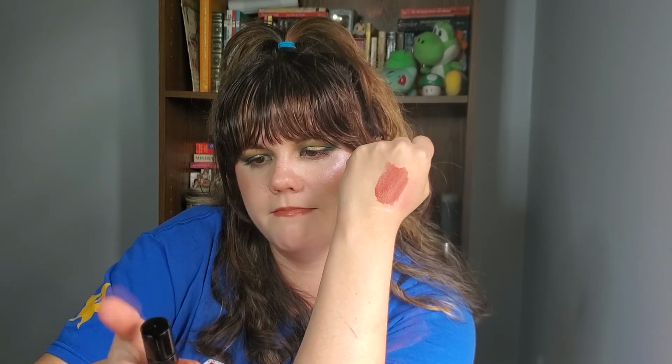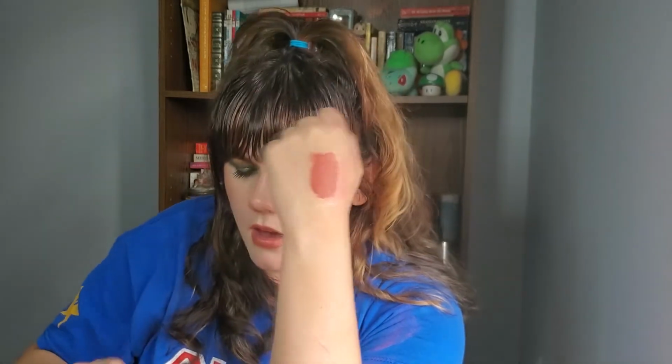And I really hope that Wet n Wild is still cruelty free. I'm going to keep my fingers crossed and do a little more research and see why they've been taken off some of the cruelty free lists that I've seen, because this shade, man, I